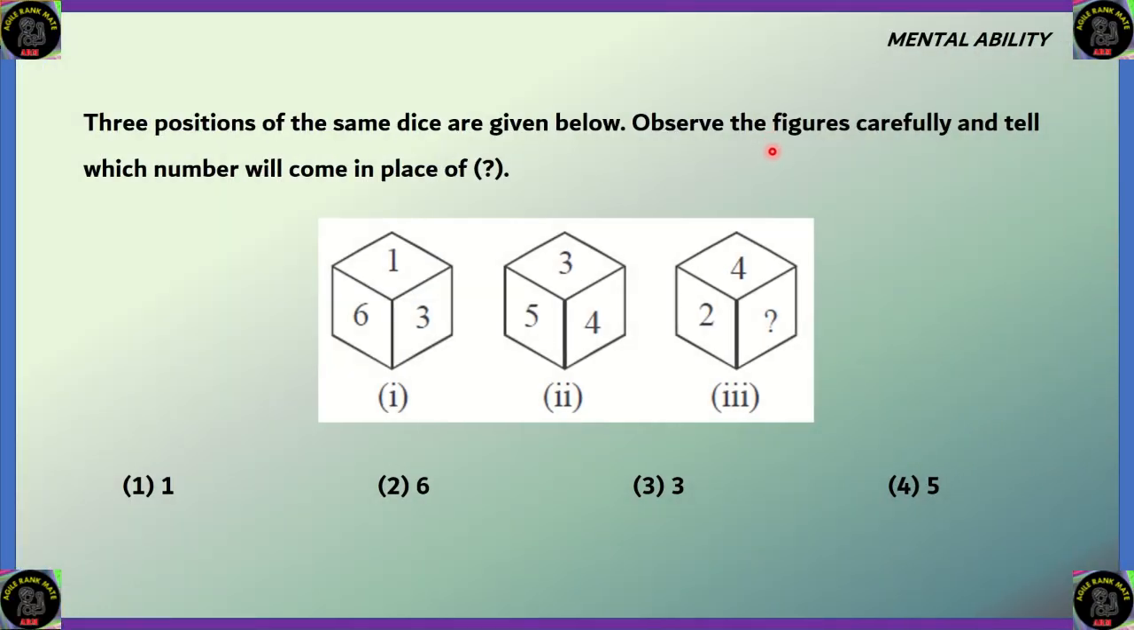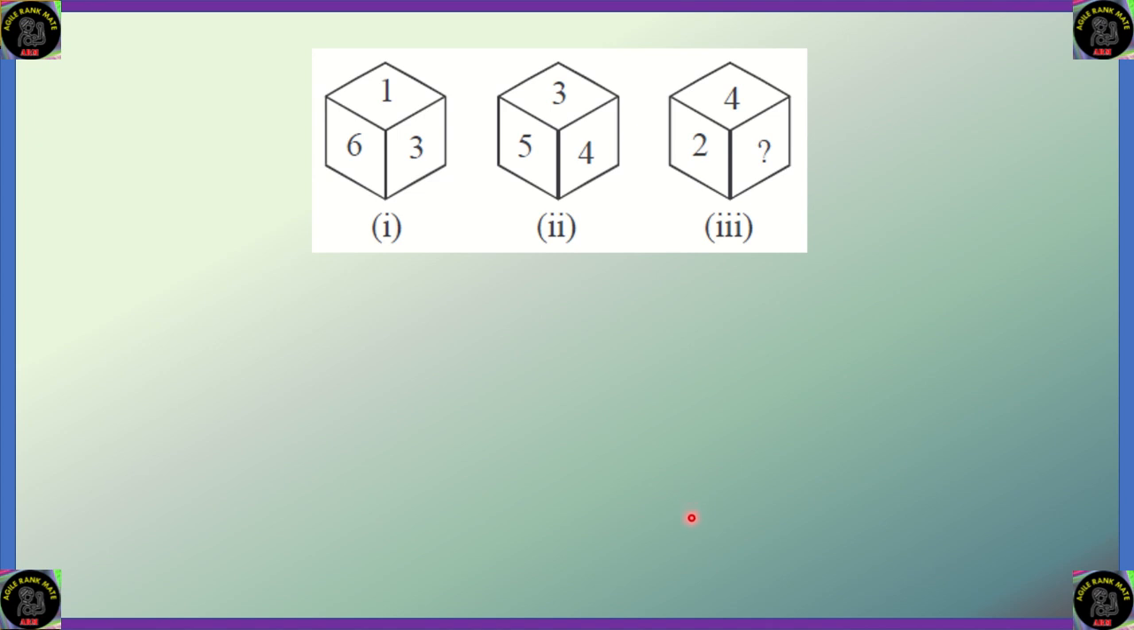First question from mental ability. Three positions of the same dice are given below. Observe the figures carefully and tell which number will come in place of the question mark. We have options 1, 6, 3 and 5. Now to understand this, we have to understand the configuration, which of these numbers are opposite and how they are